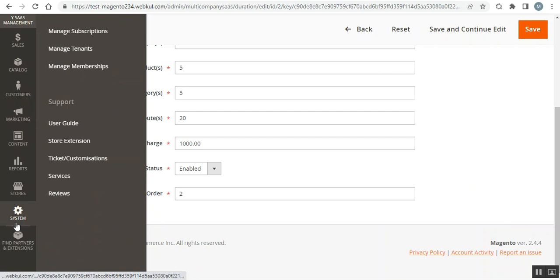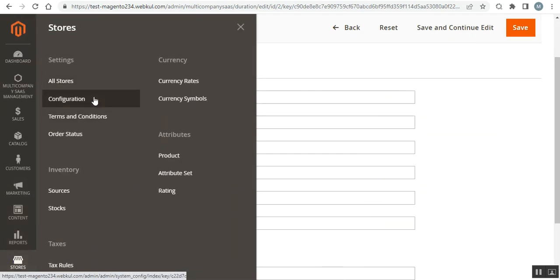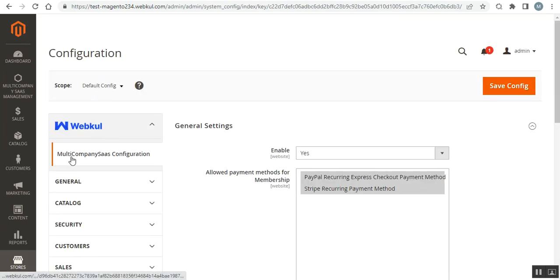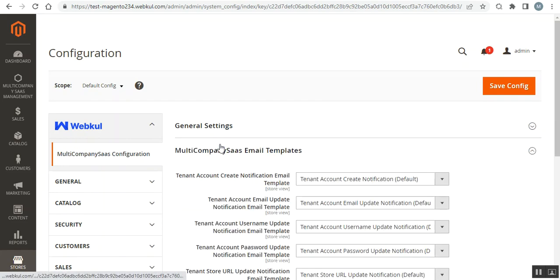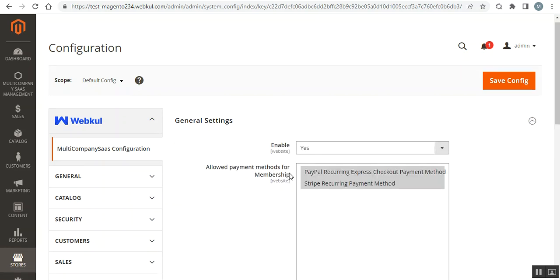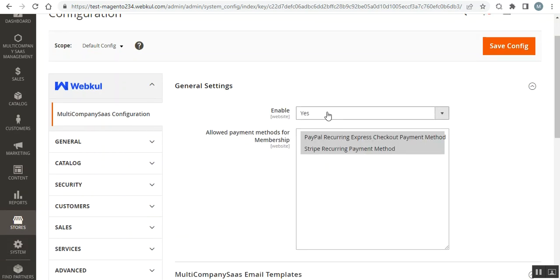Now let me show you the initial configuration settings for this particular plugin. For that, we'll have to navigate through stores and then configuration. On the configuration page on the left hand side under the webcool block, we have the multi-company SaaS configuration, wherein we have the general settings and the multi-company SaaS email templates. So under the general settings, you'll have to enable this multi-company SaaS configuration as yes to have this feature enabled